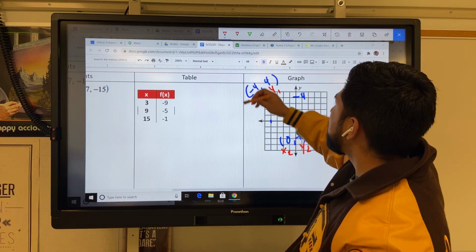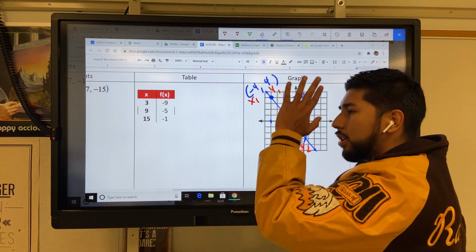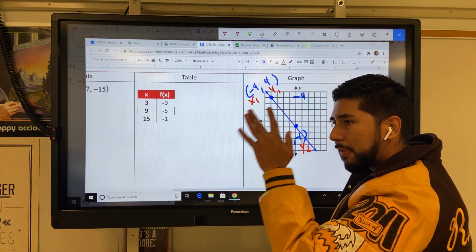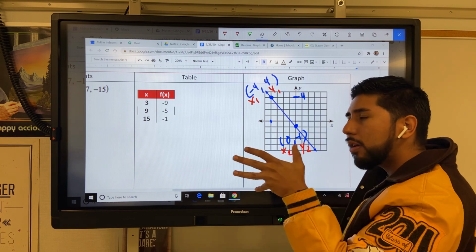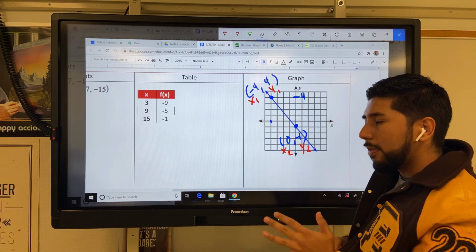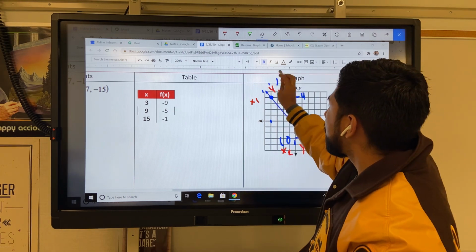But there is a quicker way for when we're looking at graphs. Of course, this is only if you want to make it quick, fast, and easy. If you don't get it, it's okay to do the formula. There's nothing wrong with that. Now,